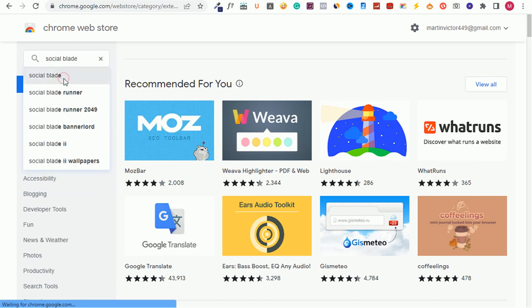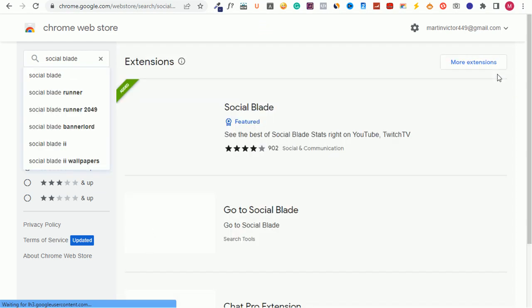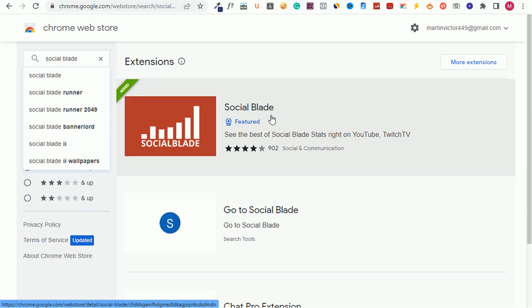So once this thing comes up here, you just need to add. Now look at the extension I'm talking about here. Now also this extension is one of the best extensions you need. I'll be making full videos showing you how to use these extensions. Like I said earlier on, I will show you how to use Social Blade to be able to get more metrics about any YouTube channel, and you'll be able to see how much money a YouTube channel is making,